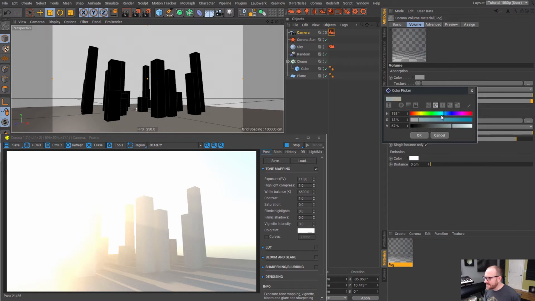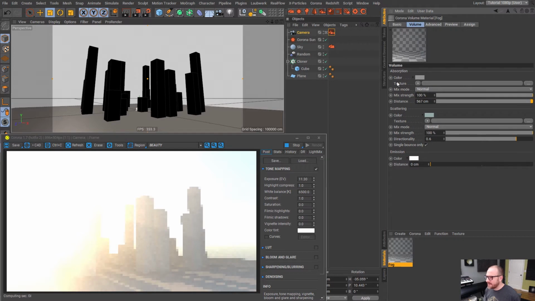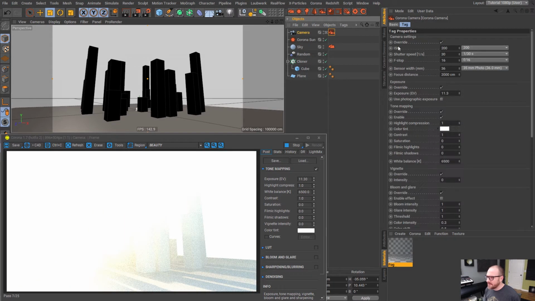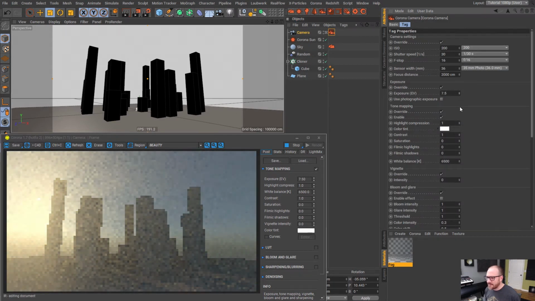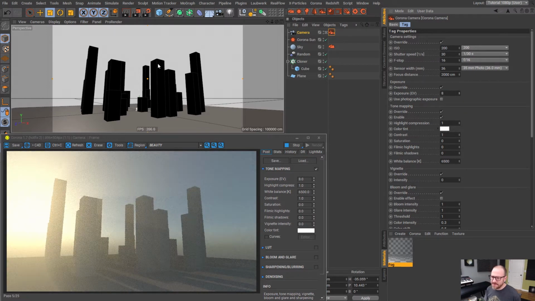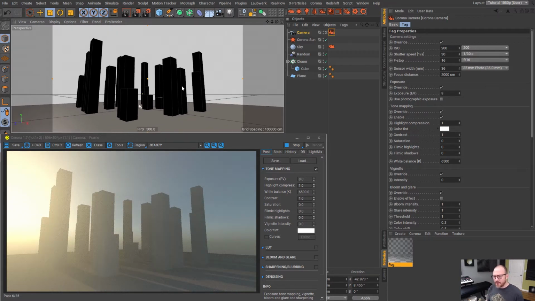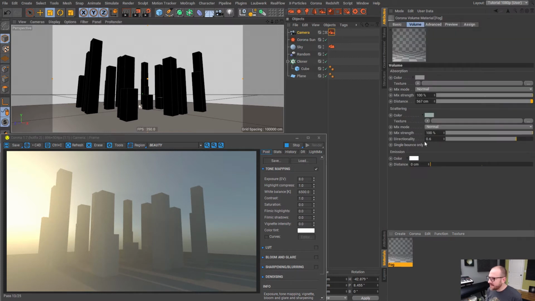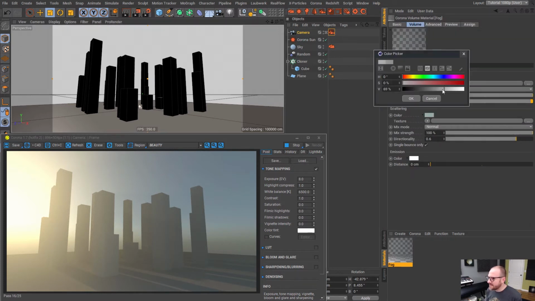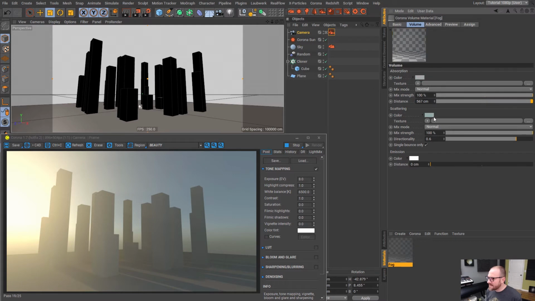Now you can actually add in some color here with scattering and also with the absorption. And let me lower the exposure down a little bit and we can see what we got here. And it's an awesome effect. You can really get some nice looks with this. And so I quickly wanted to show you guys how to properly set that up with some very simple geometry in the scene, so that you can see how that's done before we get too carried away with any sort of crazy